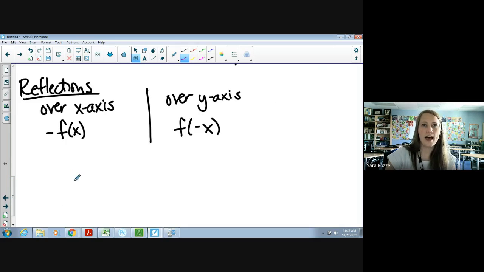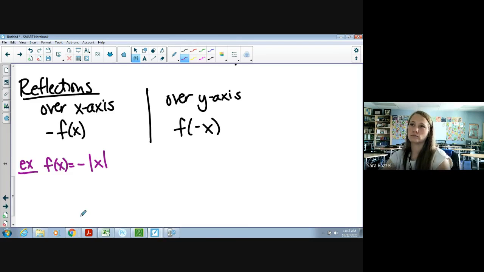So we'll just do the absolute value. I kind of like these kind. So if I have f of x equals negative absolute value of x, did I do any shifting left and right or up and down? Are there any numbers inside the absolute value or on the outside? No, so that means I haven't moved where my vertex is, but instead of being a right side up